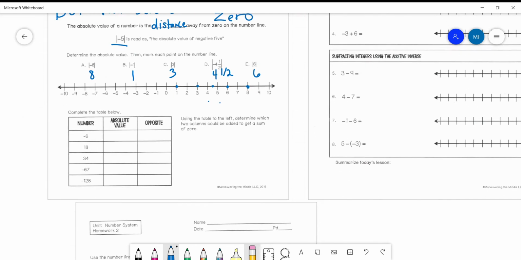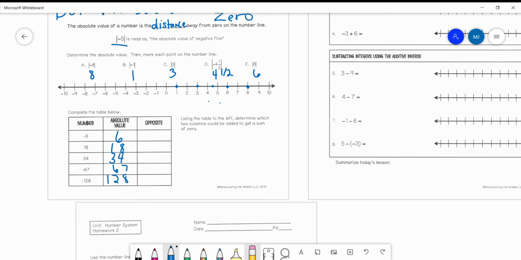Complete the table. Using the table to the left, determine which 2 columns could be added to get a sum of 0. So the first thing we're going to do is look at the numbers here, and we're going to record their absolute values. So remember that absolute value is never negative. It's just always distance from 0. So if we were looking at -6, that would be 6 units from 0. And then 18 would be 18 units from 0. -67 would be 67 units from 0, and -128 would be 128